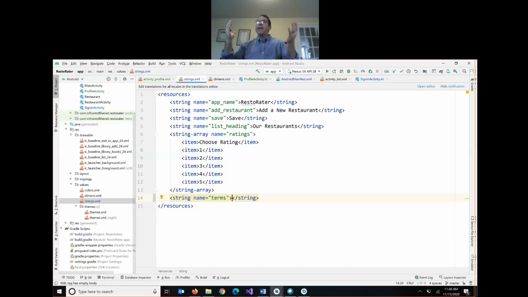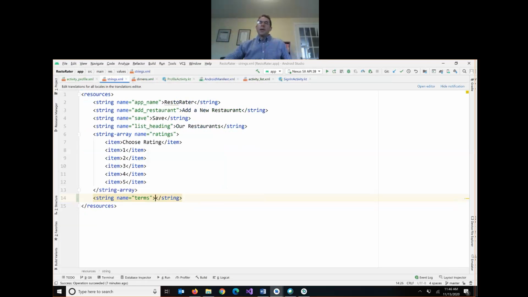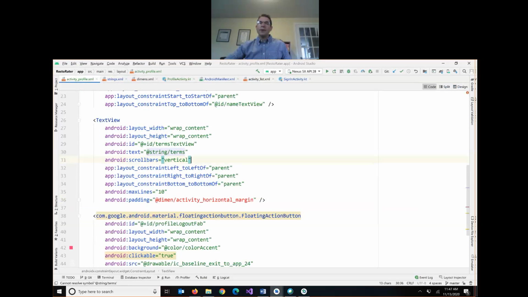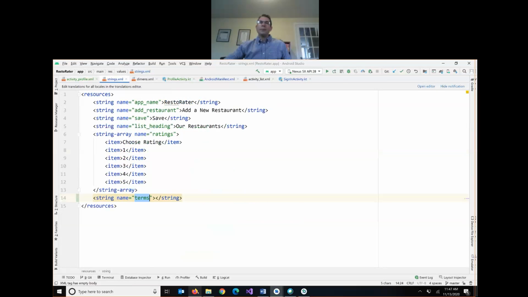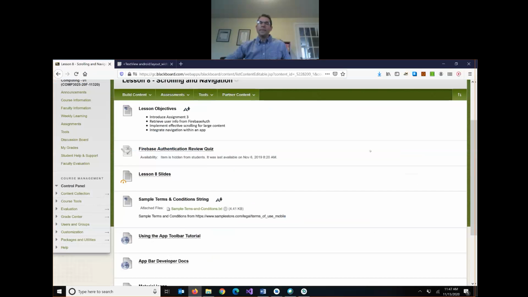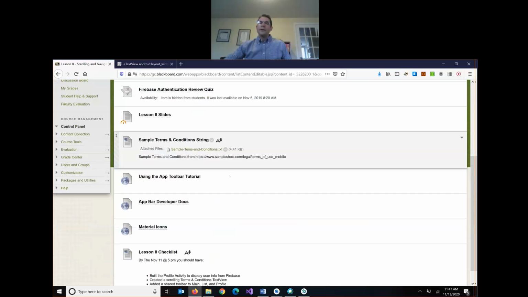Now, where, you might ask, are we going to get a big long boilerplate text of terms and conditions? Well, students, we already have one. I've put it on Blackboard for you. So create this empty string value with the name terms. Once you do that, you'll notice the error here goes away. And if you go to Blackboard in the Lesson 8 folder, this is a sample terms and conditions from this